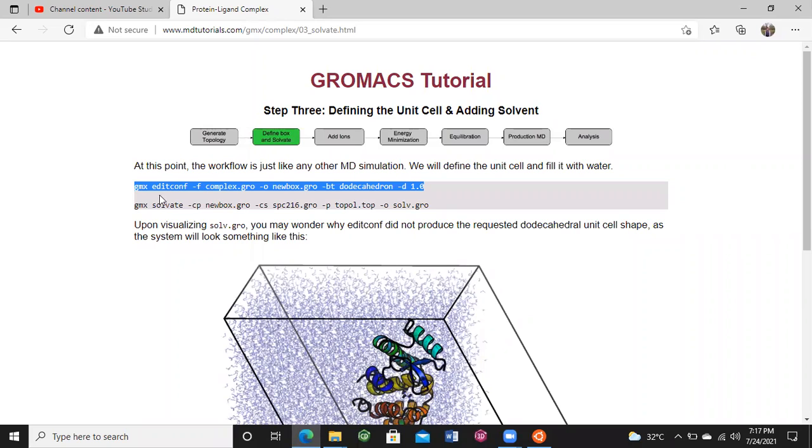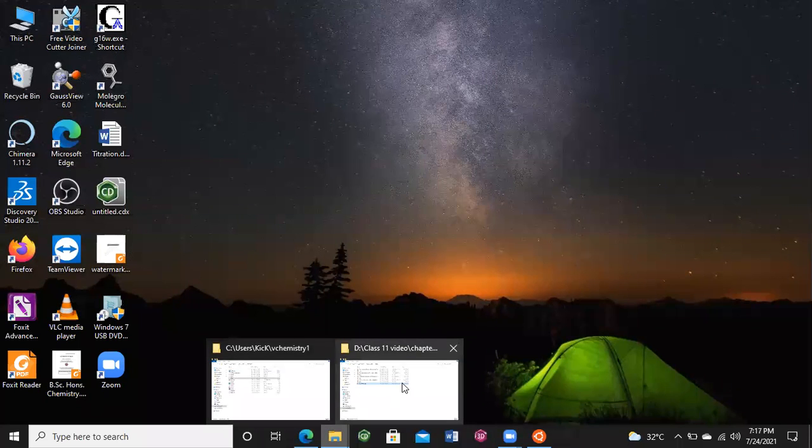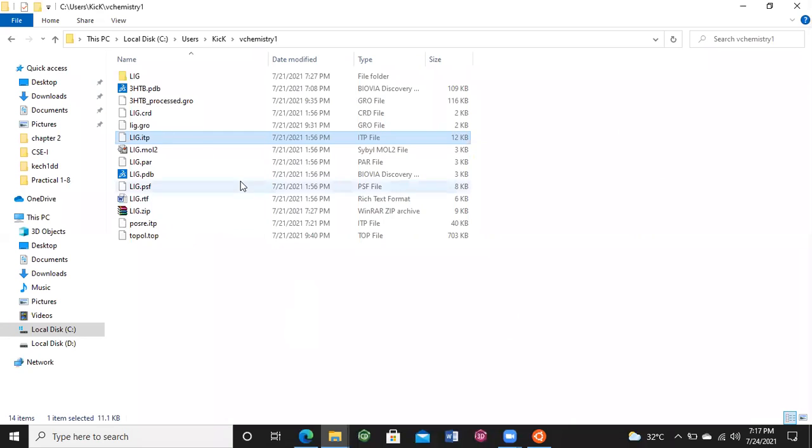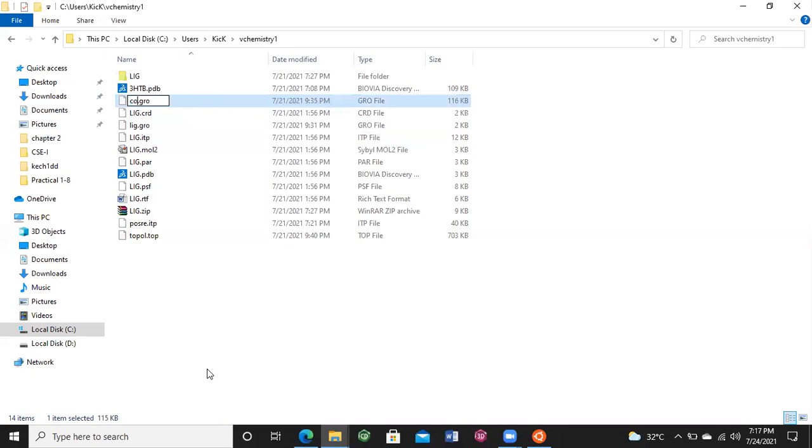Next command is gmx editconf with the dash f complex, and the start group. Since we have named the complex 3HTB_process.gro, we need to rename it complex.gro.